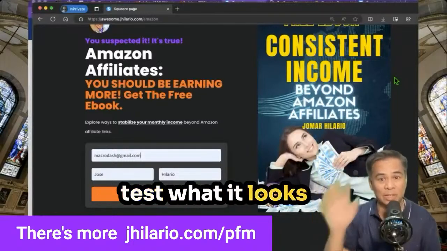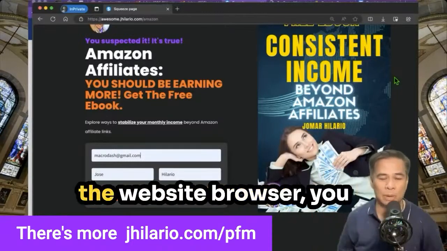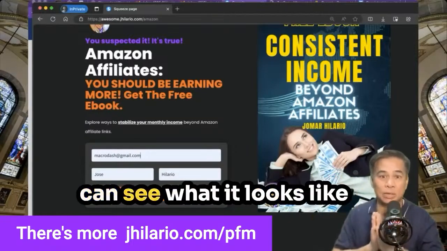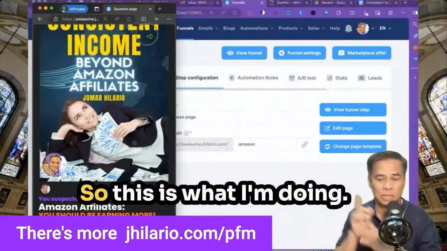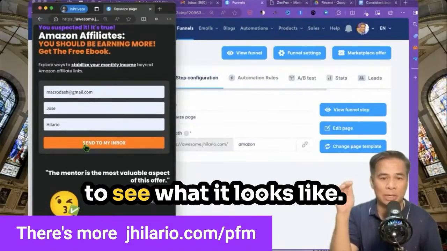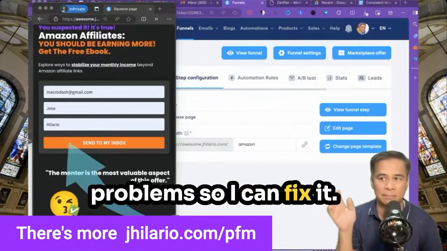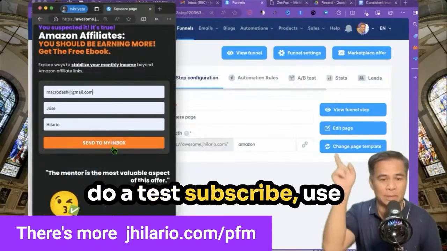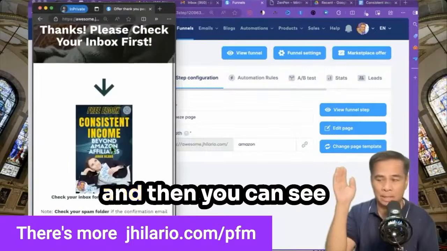Very important to test what it looks like on the web. And if you narrow down the website browser, you can see what it looks like on the cell phone as well. So this is what I'm doing. So it looks like this on the cell phone. And I want to see if there's some problem so I can fix it. So you can now try to do a test subscribe, use somebody else's email, and then you can see the